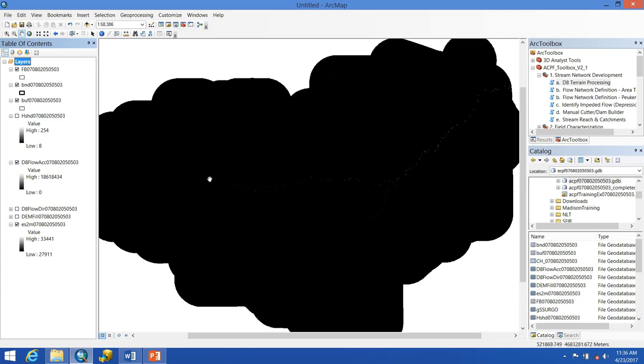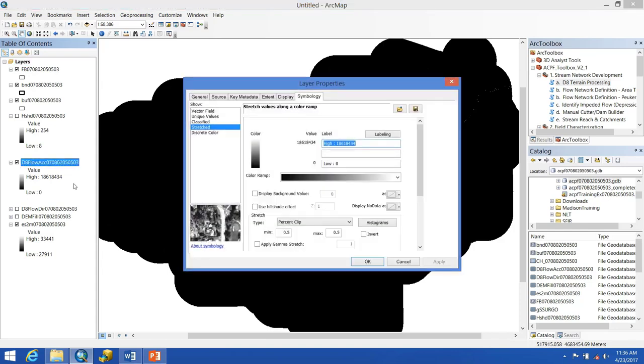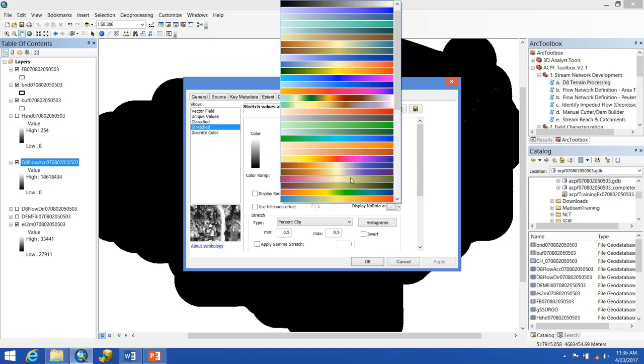So I'm going to turn these off and go back to my flow accumulation raster for a second. Right now we're not seeing much, but with some visualization, we'll be able to see a whole lot more. So we'll go into the properties. You can get there by right-clicking or double-clicking. Go into the symbology tab, and you can see that right now we're on stretched. We're going to add some color,